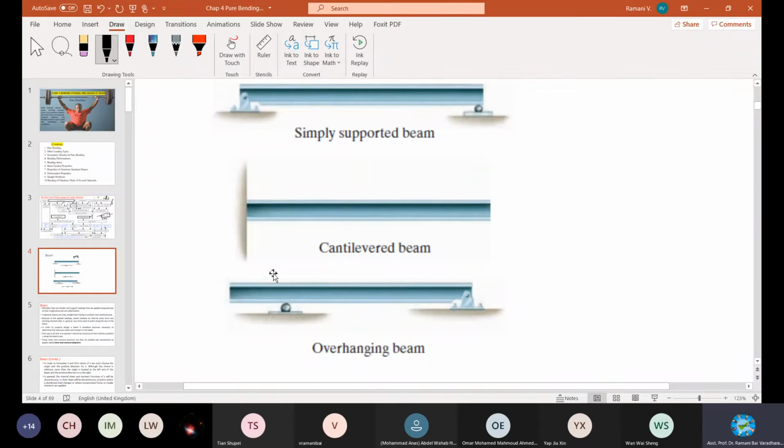So the overhanging beam is mostly constructed in a portico. The portico beam, the sunshade in construction, is extended to improve aesthetics, and they may have some gardening or a recreational sit-out here. All this loading will cause this beam to bend, but it is a very clever design by engineers to have this type of overhanging with the overcoming load. We will see how it is designed and what the reactions are.